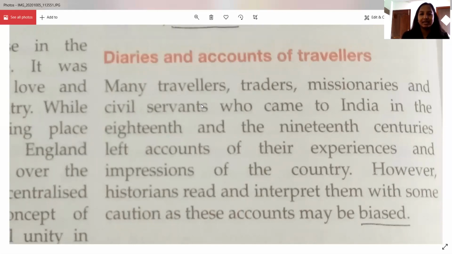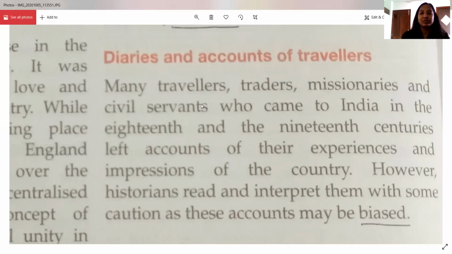and this was during the 18th and 19th century. Hence, such records also give us information regarding modern period. However, there is a problem with such documents. Why? Because